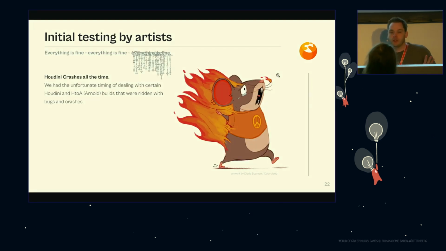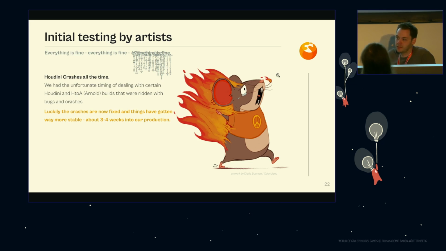Houdini crashed all the time. We had just Houdini 20, the latest release, with the latest release of Arnold. That combination wasn't very nice, which got fixed after a while. But the first few weeks into the production, we were dealing with tons of crashes, and all the artists that